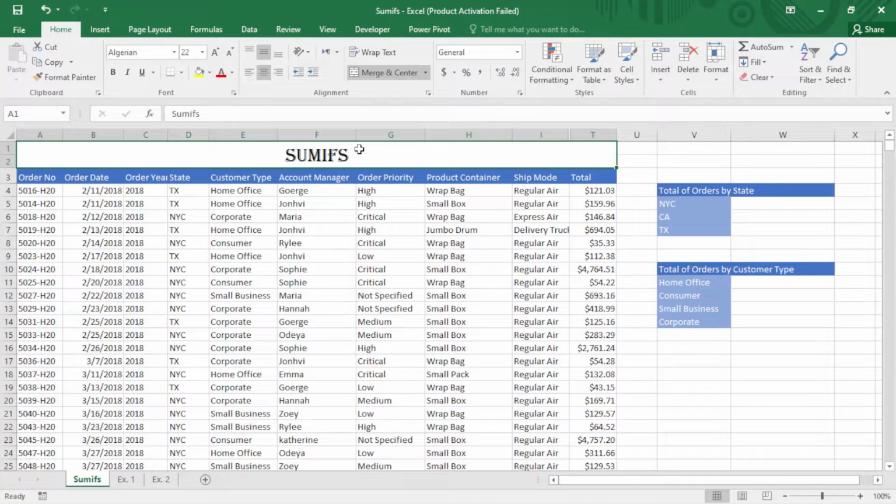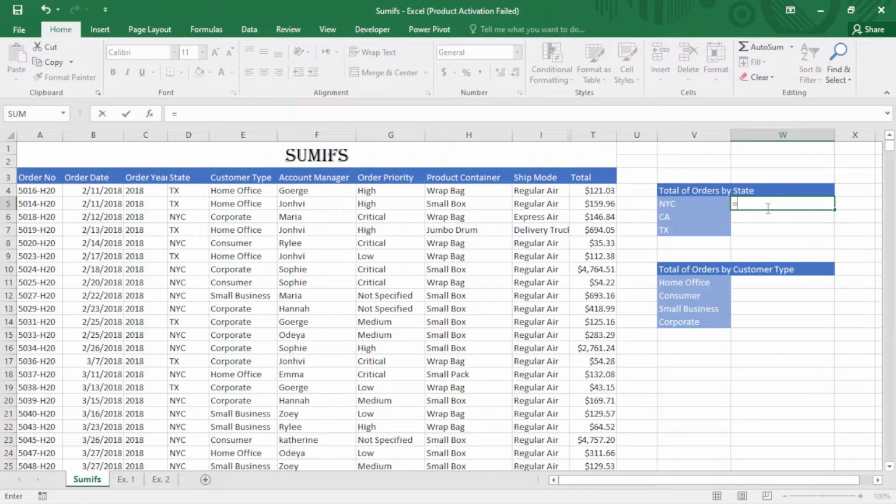So first of all, I'm going to start here and I want to find the total of orders by state. It's similar to countifs, but here is the problem. We have one range here. So I want to type my formula here, equal sign, Sumifs,